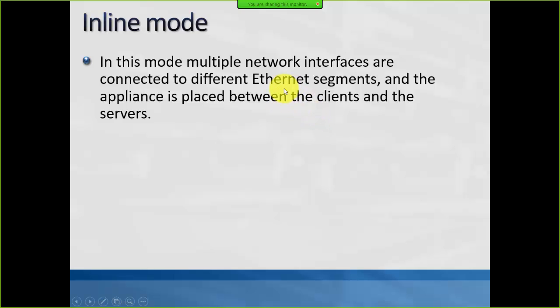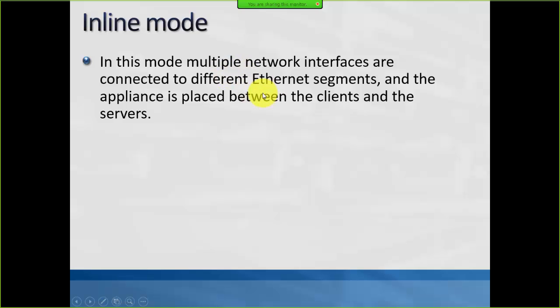So you can enable interfaces. We're talking about the virtual appliance, right? So you can have interfaces added to the server, and each interface will be connected to a different subnet. So inside the NetScaler, you can actually define,